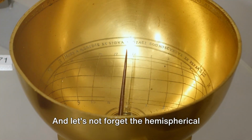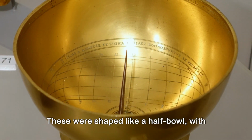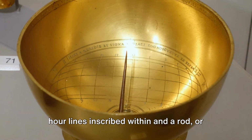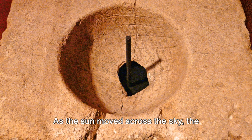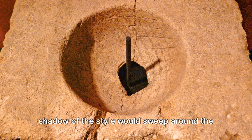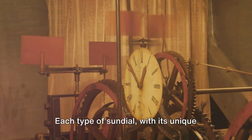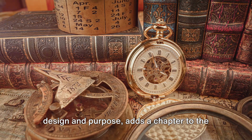And let's not forget the hemispherical sundials, or bowl sundials, as they were often called. These were shaped like a half bowl, with hour lines inscribed within, and a rod or style protruding from the center. As the sun moved across the sky, the shadow of the style would sweep around the inside of the bowl, indicating the time. Each type of sundial, with its unique design and purpose, adds a chapter to the rich